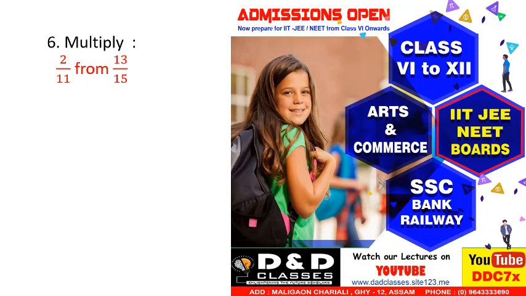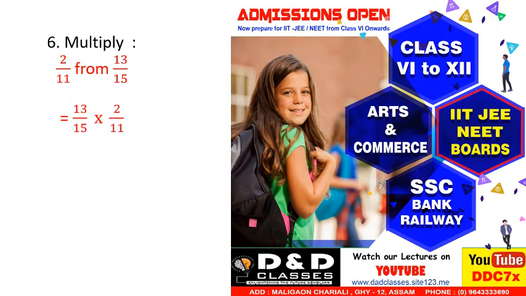Welcome students. So last class we have seen that we have to multiply 2 by 11 with 13 by 15. Generally it is written as 2 by 11 by 13 by 15, but still, as I have said, if it is written multiply, you can multiply 13 by 15 first or 2 by 11 first, both are same. So let us solve